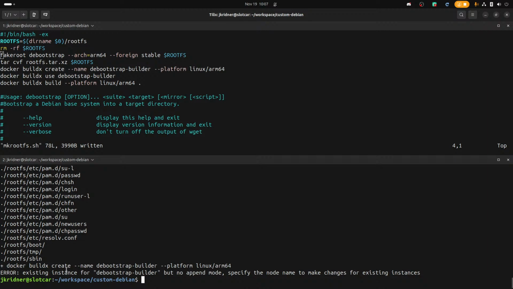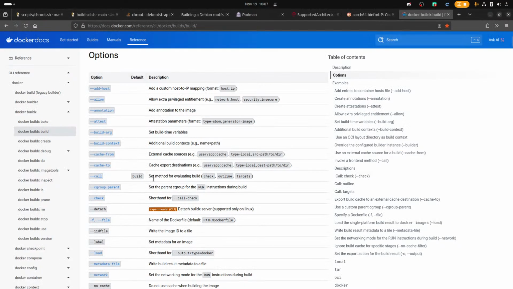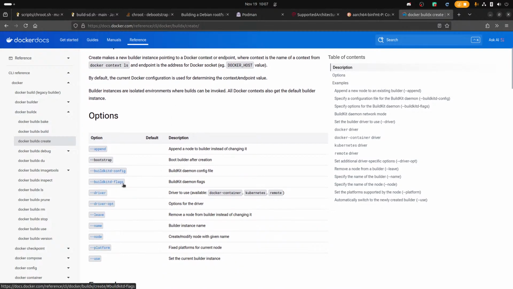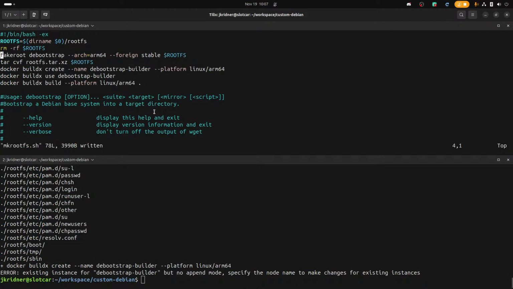Yeah. I don't want to repeat that. I hate Docker. Create if it doesn't exist. Yeah, let's say append, so it just